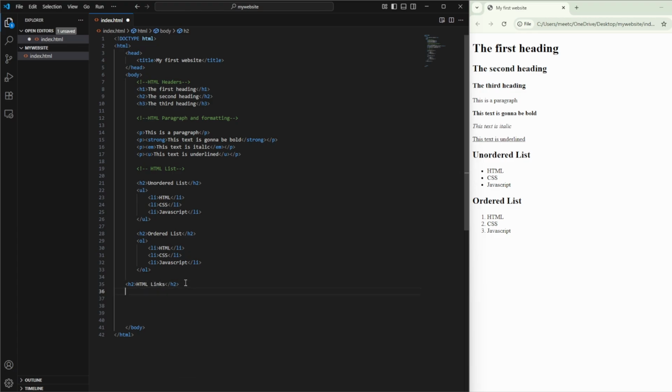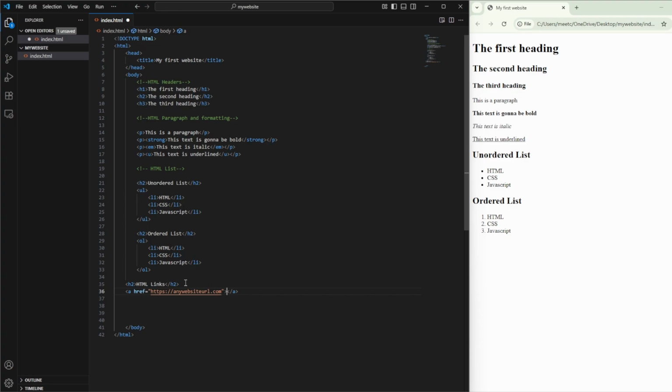So HTML links, you declare an HTML link using the A tag. The A tag has an attribute, the href attribute, which you can use to send the user to a particular page or outside of your website, depending on what you want the link to do. So here is usually where you put the URL, HTTPS if you're using SSL, any website URL you want.com. Then you close